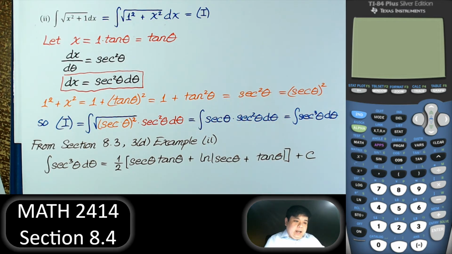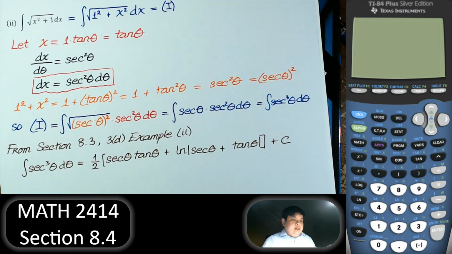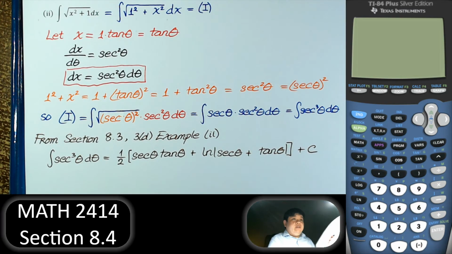Right. So that's what we have from the previous section. And with that,